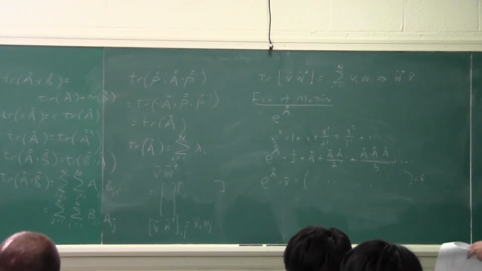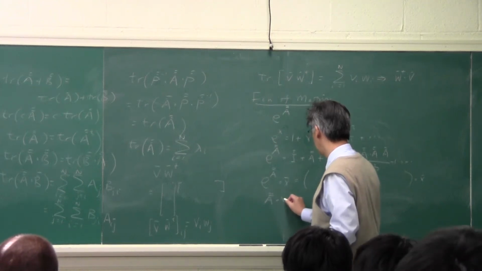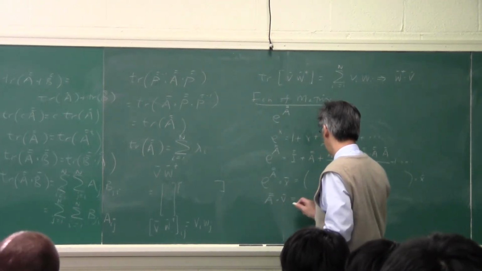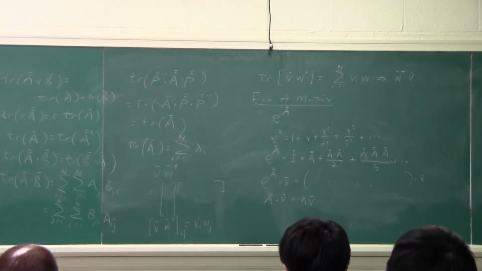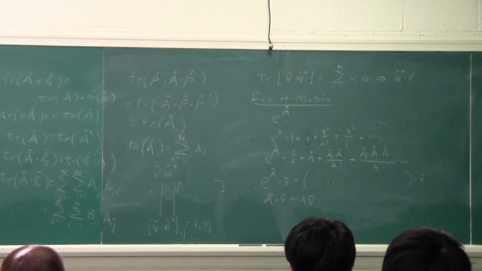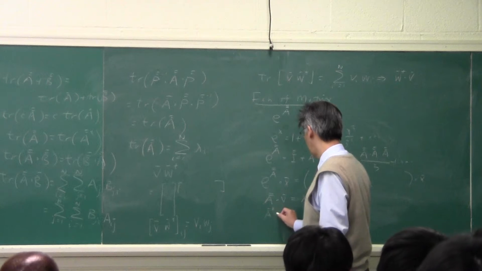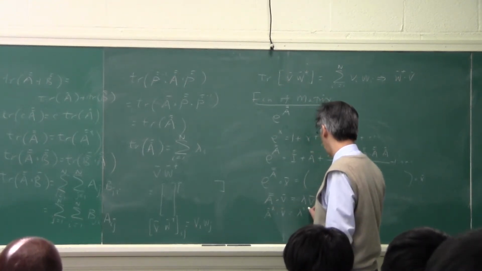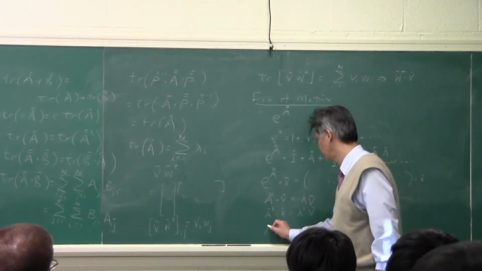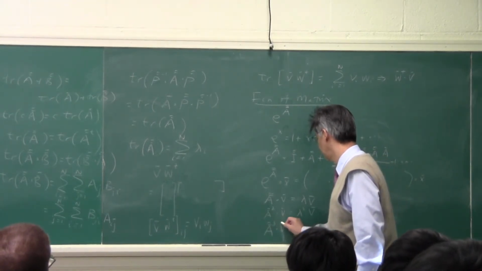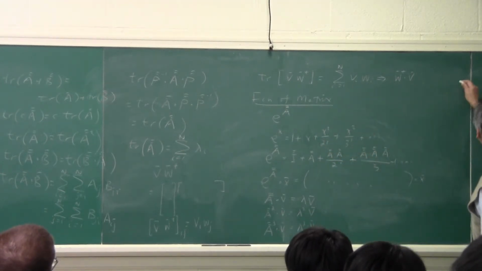Okay, so if x is an eigenvector, this actually greatly simplifies. Say x is the eigenvector v, with the property that when A acts on v, it just gives you its eigenvalue times v. Then you can easily show that A squared dot v is lambda squared v, and then that A cubed dot v is lambda cubed v. So if you have e^A